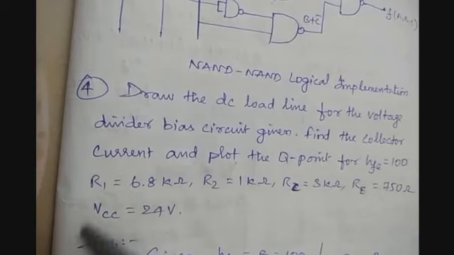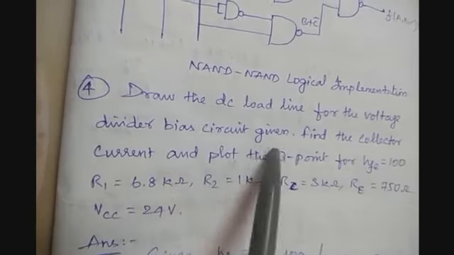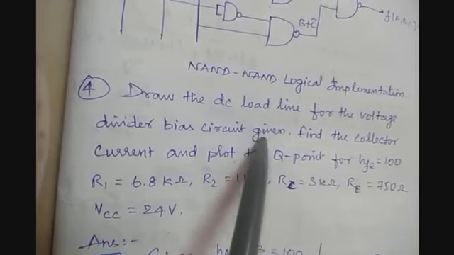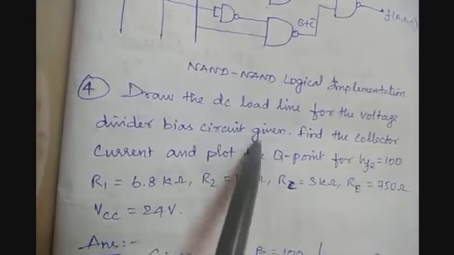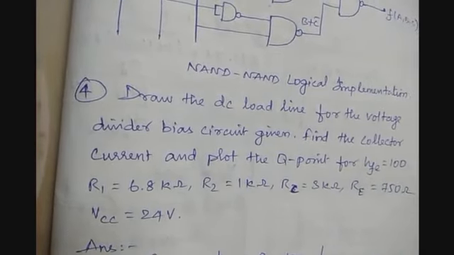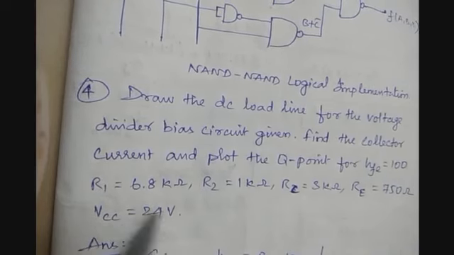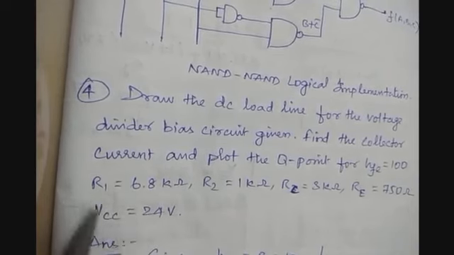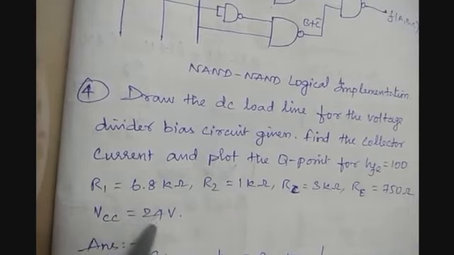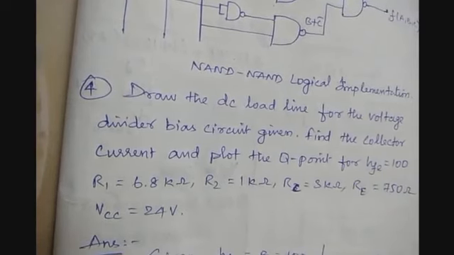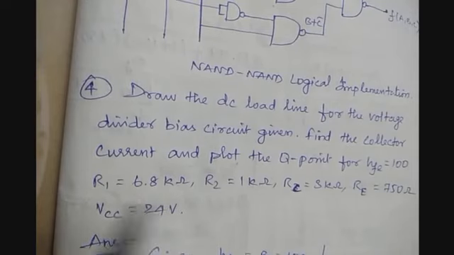Suppose VCC is not given, and the circuit diagram is given in the question, or the circuit diagram is not given in the question. If the question comes like this, definitely the faculty give marks for the question. Alright, and don't think that whenever VCC is not given, you must assume VCC equal to 24. It is not correct. Don't take it like that. I just assumed 24 here to solve this problem. It is not a default value. Don't take it by default.